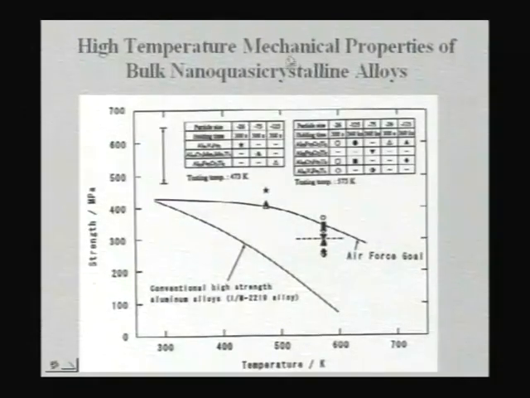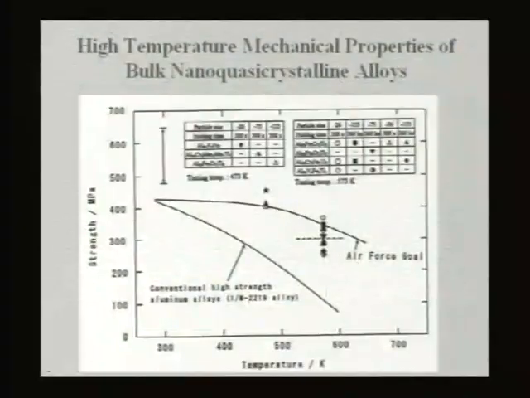And this is another example of bulk nano quasicrystalline alloys, with aluminum, iron, chromium, titanium. This is an entirely different route. There are no rare earths here. We don't use any rare earths, only aluminum and transition metals. You can put iron, chromium, titanium. Some of these elements have a tendency to give you a nano quasicrystalline phase. So if you can properly choose the composition and make an alloy like that, you can make these alloys with